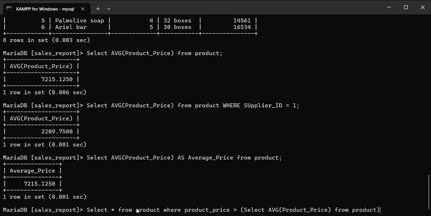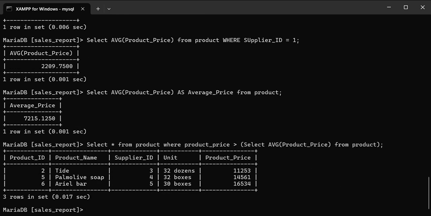In here, we are going to select the product price which is higher than our average product. So the output table displayed the products whose product price is higher than the average price of all the products in the product table.